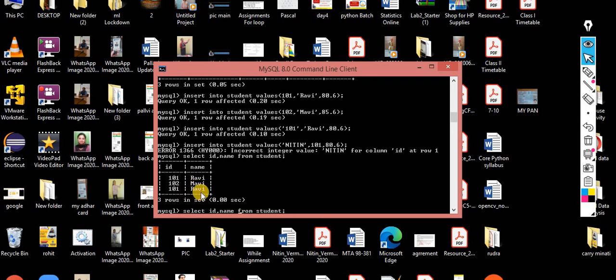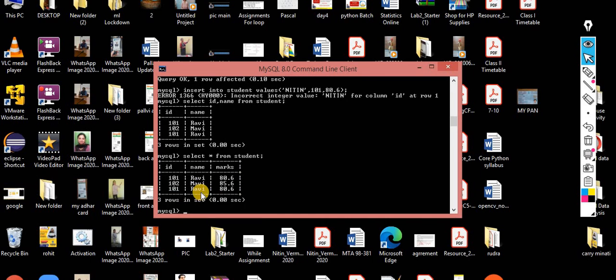Sir, I want to see all the columns, but I don't know how many columns there are, because someone gave me this table. I want to check how many columns and how much data there is. Very simple. Whenever you want to process all the columns and all the data, you use the star. Star means all. Now we are getting all the columns and all the data.